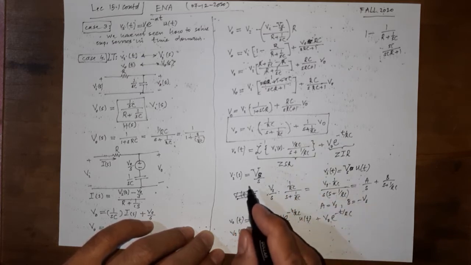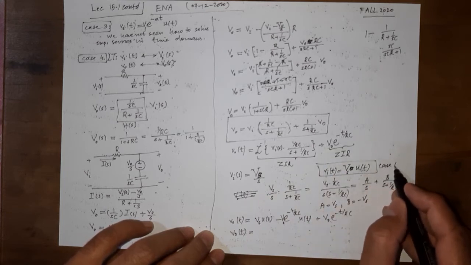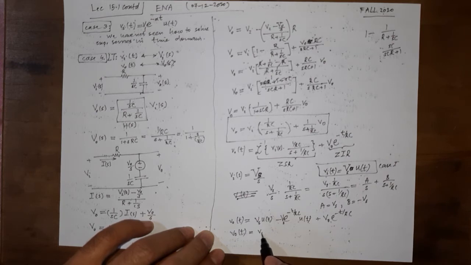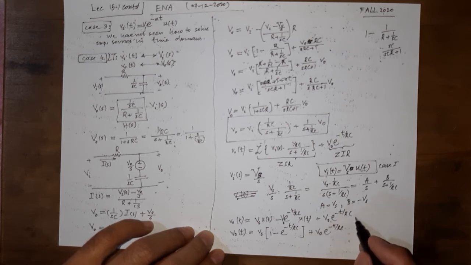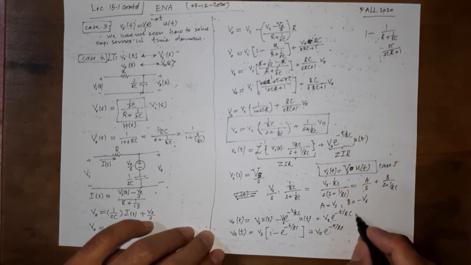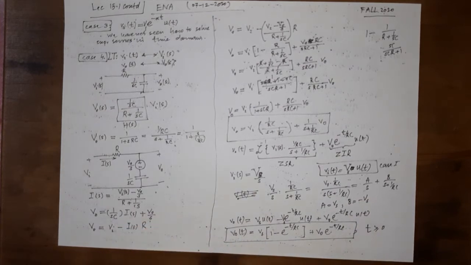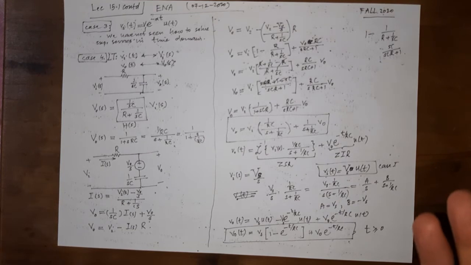And you can see that for the same input function as case 1, we got exactly the same answer. In fact, here we have u(t) as well, because we have converted this. So this whole thing is valid for t greater than or equal to 0, and this output is the same as case 1. And the Laplace transform is a very powerful technique that can handle all cases.